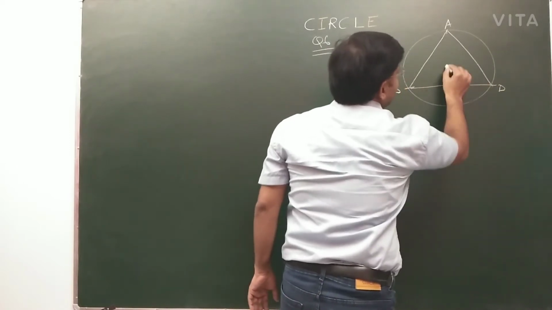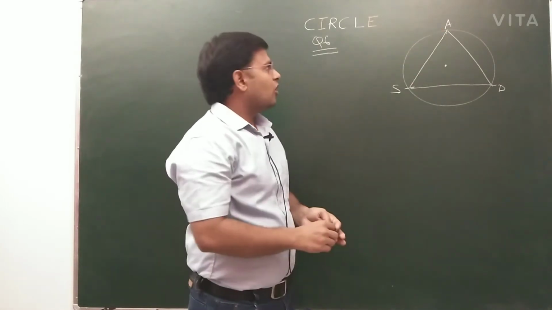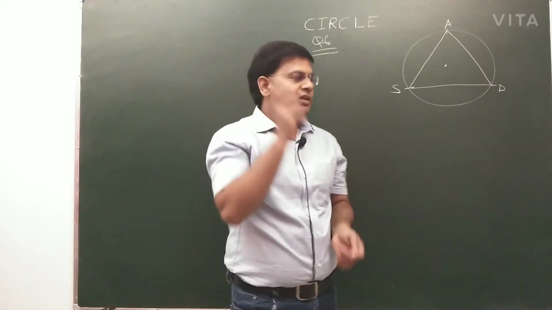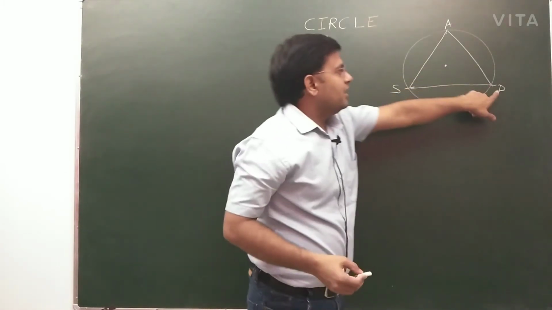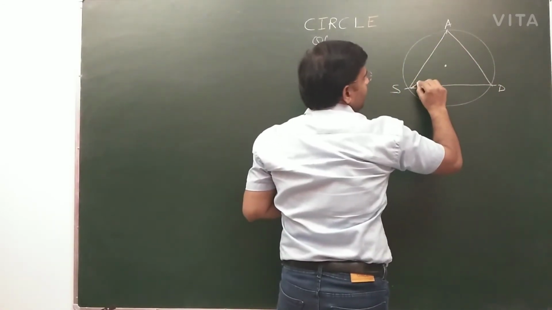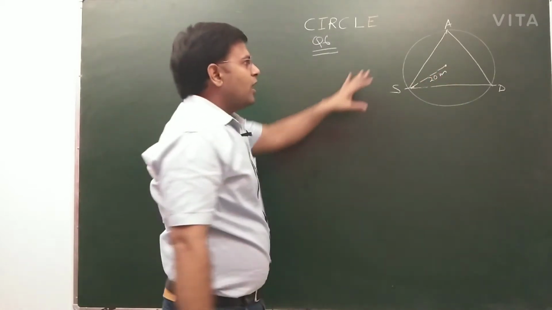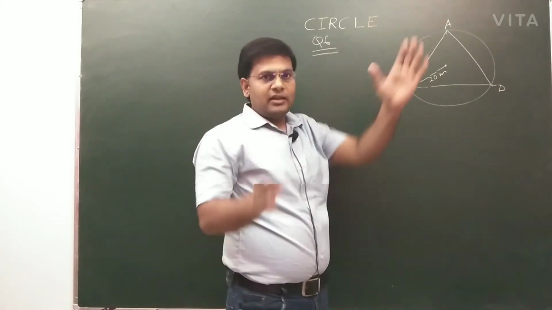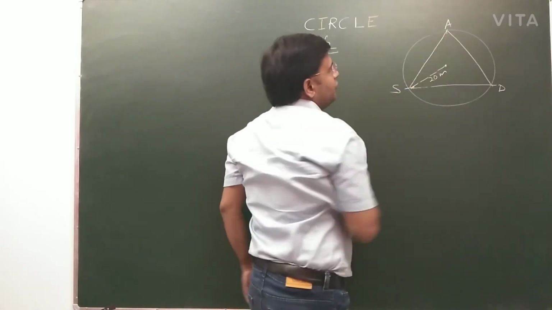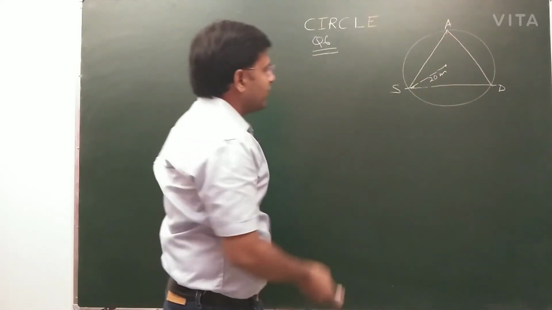So this triangle is an equilateral triangle, and they are using a toy phone, which you also used to play with in childhood. Ankur, Saeed and David are communicating with that toy, and the radius of this garden is given as 20 meter. You have to find the length of the string that they are using to communicate with each other. So the length of string means you have to find AS, and once you find AS, all sides are equal, so you will be able to find the rest.